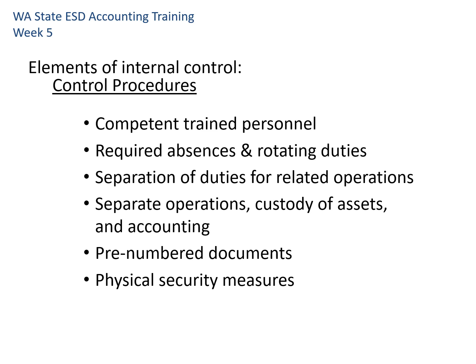Control procedures, this is kind of the bread and butter of internal controls. If you don't remember anything else, remember this slide. So one I mentioned before, having competent trained personnel, that's really critical. This next one, requiring absences or having rotating duties. And many companies will require anybody that's involved with the finances of the company to take 2 consecutive weeks of vacation every year. The purpose there is you want somebody else sitting at their desk, taking their phone calls, taking their emails, performing their tasks, because if somebody's doing something squirrely,